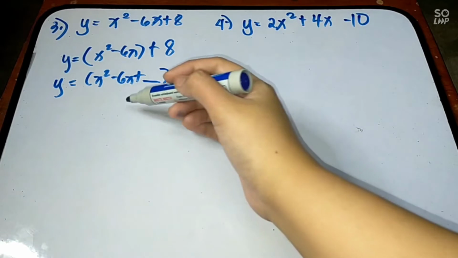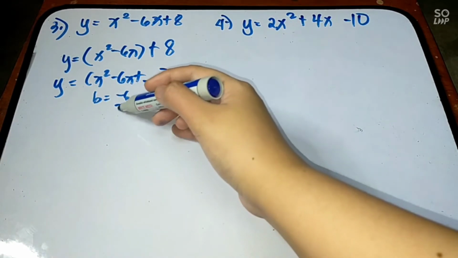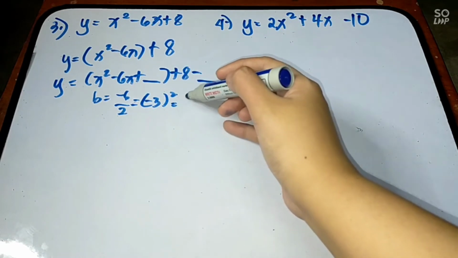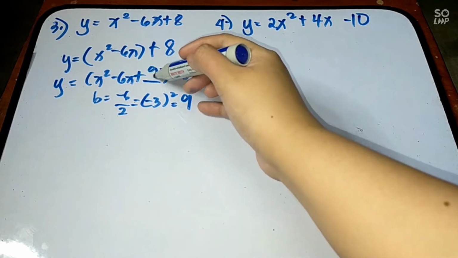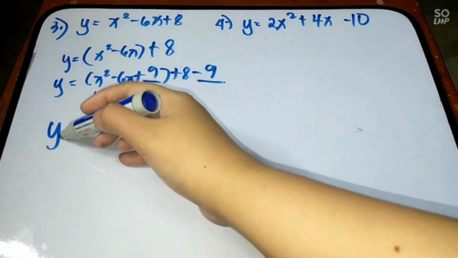Right? Then, find for b. Ang b natin, we have here negative 6 divided by 2. The answer is negative 3. Then, squared natin, the answer here is 9. So, you will add here 9, then subtract 9. Next step, we are going to